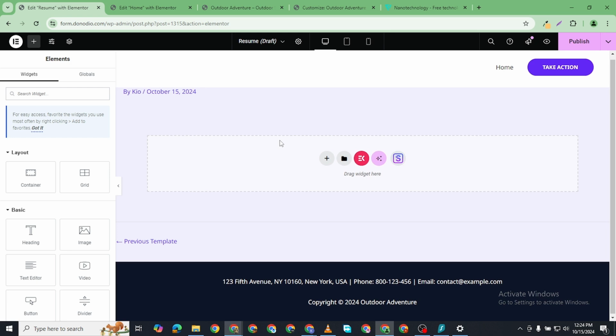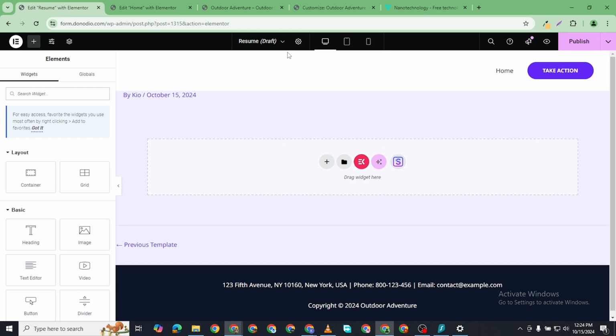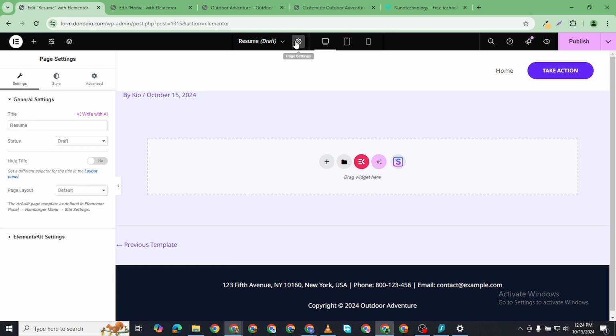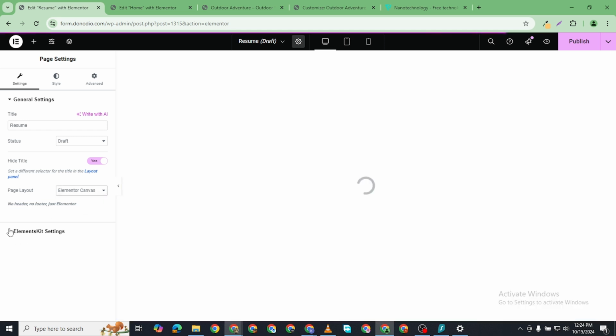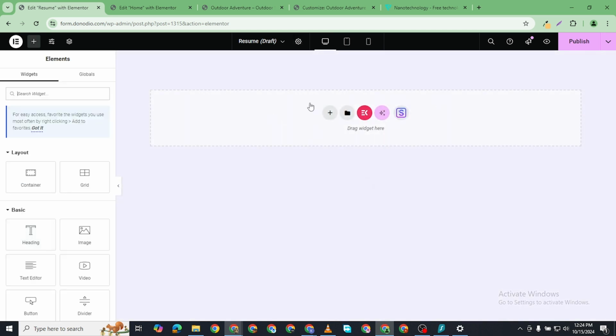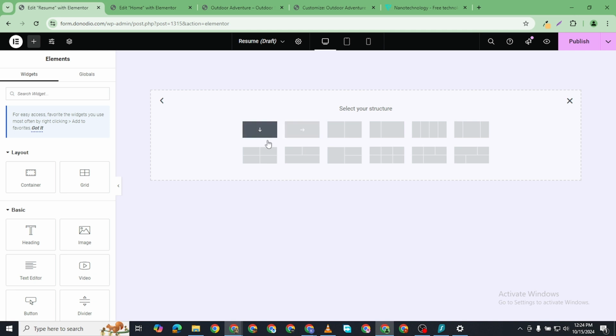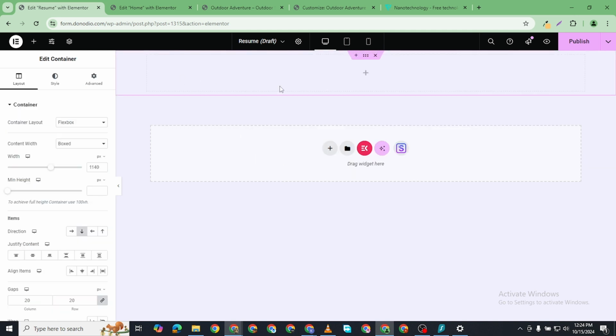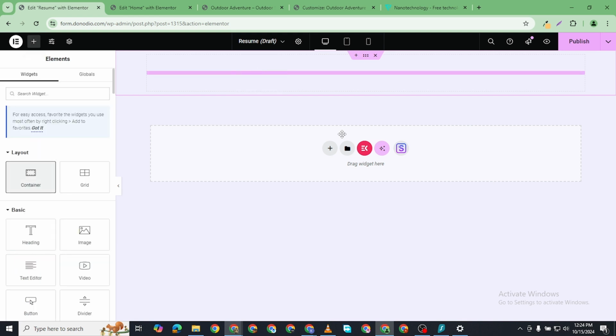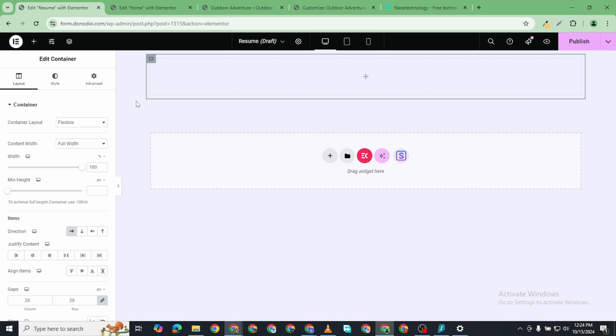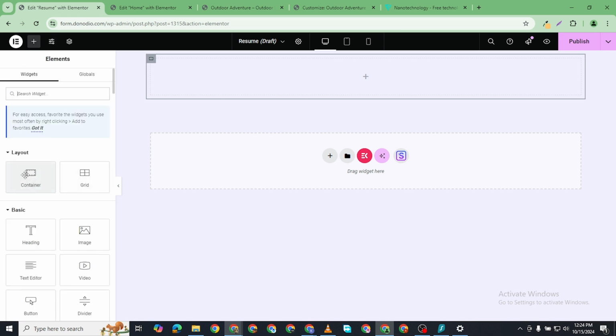Now that is on this page, what I want to do is come to these settings, hide title, and then page layout should be Elementor canvas. So nothing else shows. Now I want to add a container. I'll make it this, and then I want to add another container inside. It should be horizontal. Then I'll add another container inside,